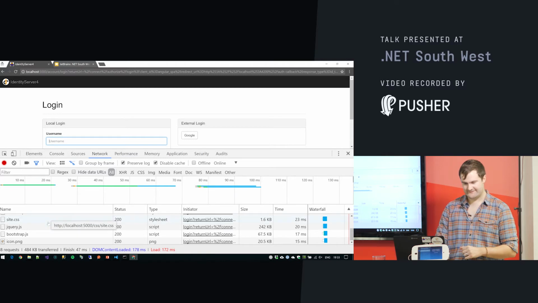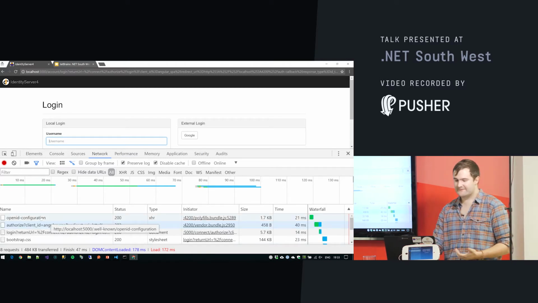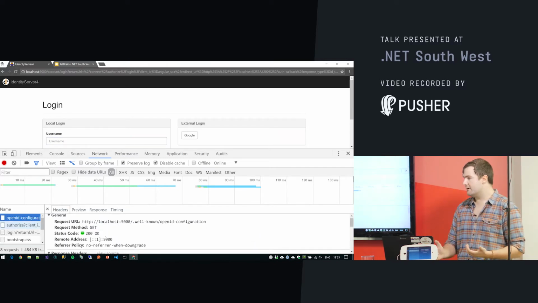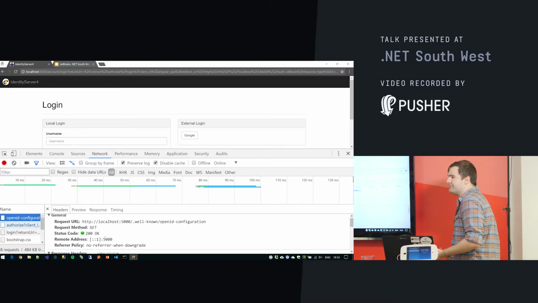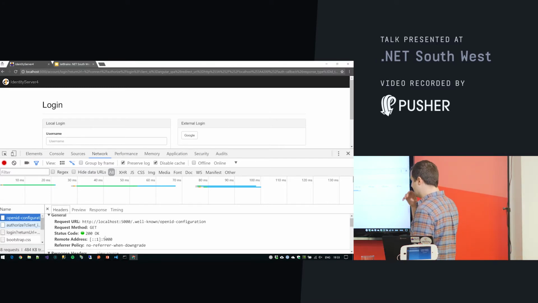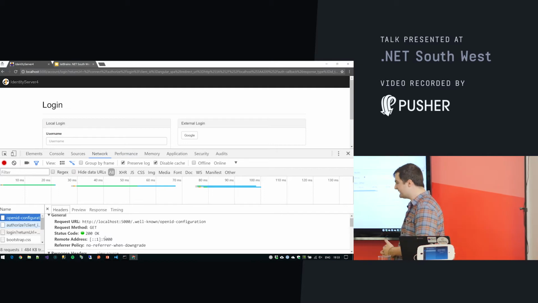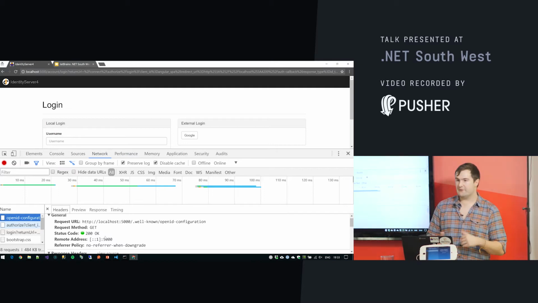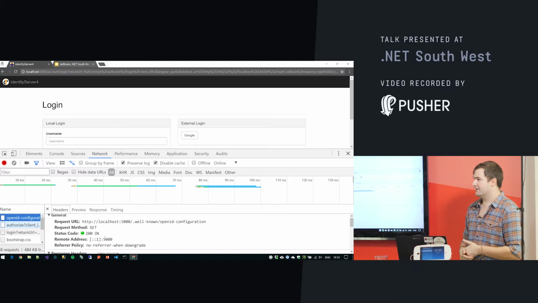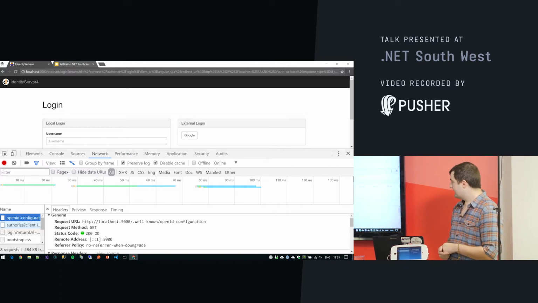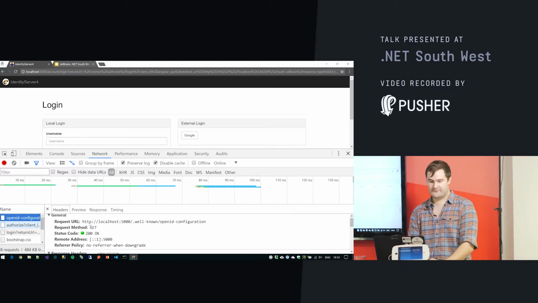Oh, it's really fast. So the first thing it does, it needs to know where to redirect them to. Yeah, we've told them the authority, which is localhost 5000, but we haven't told it where the authorization endpoint is, or the user info endpoint. So the first thing it does is goes to the disco doc,